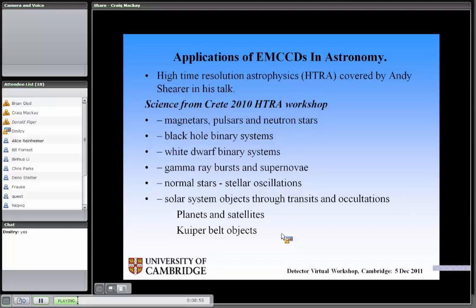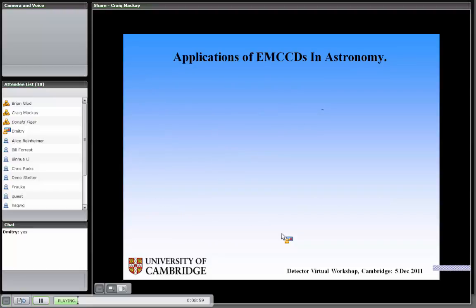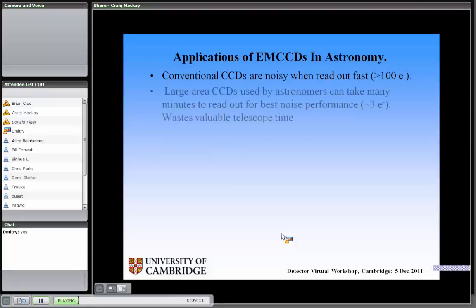So in astronomy, there's a lot of actual astronomical objects to look at. But of course, there are generic problems with running conventional CCDs in astronomy. If you run them fast, you tend to get a really rather high readout noise. You can easily get over 100 electrons when you run them at tens of megahertz. Most astronomy CCDs are large area ones, and they can have lots of pixels, and it's quite common to get 16 megapixel devices. And if you have to be reading these things out at less than 100 kilohertz, you find